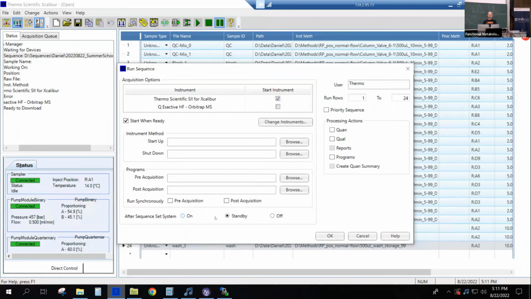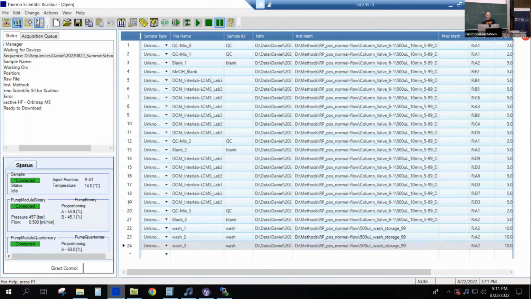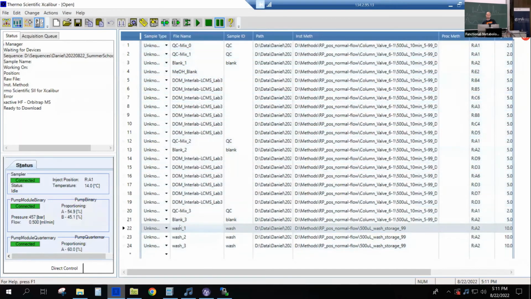If that's the last thing before the happy hour, I want the machine to stop by itself afterwards. One thing at the end here, I also included some wash methods. These are simply very fast gradients within one method that are supposed to clean the column and then leave it at 99% acetonitrile, which for us is the storage condition for the HPLC column. Within that standby function, it would also reduce the flow rate to a small flow rate. So we constantly let the pumps run, which I think is better for the seals and the check valves. It reduces the flow from 0.5 milliliters to 0.05 milliliters,